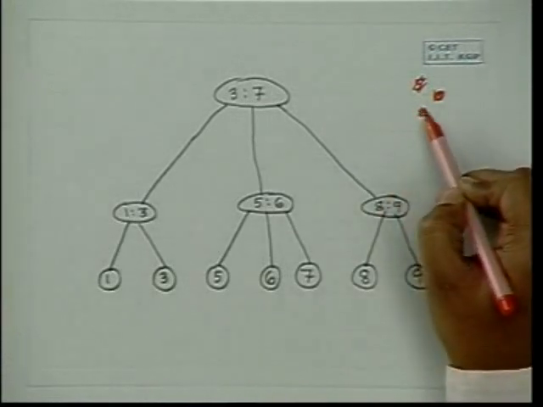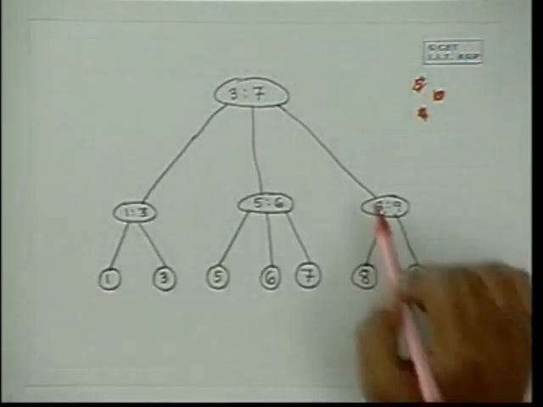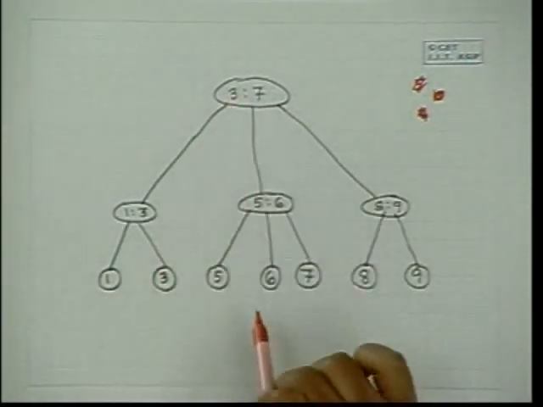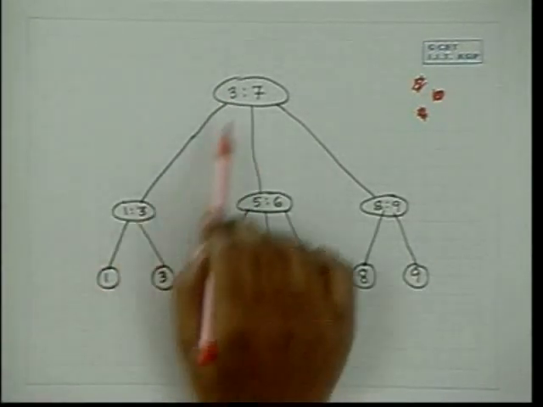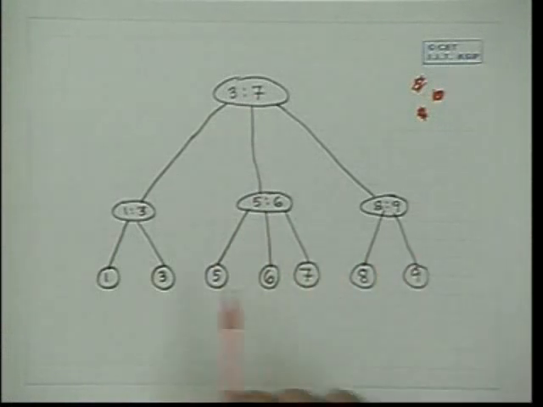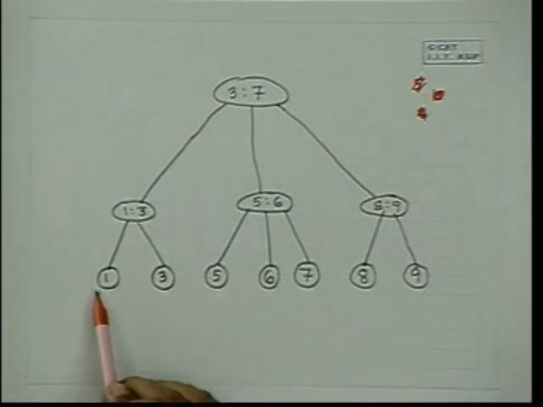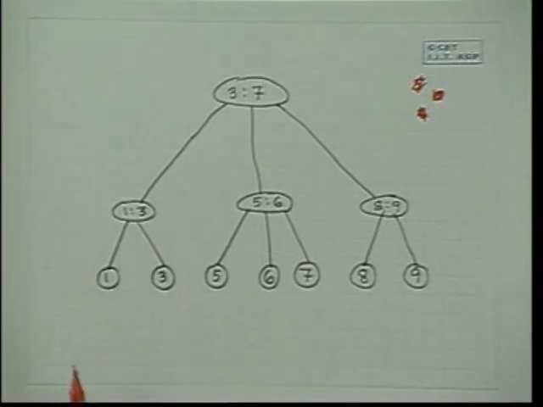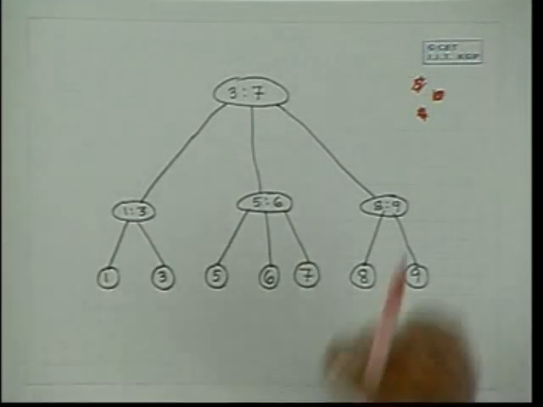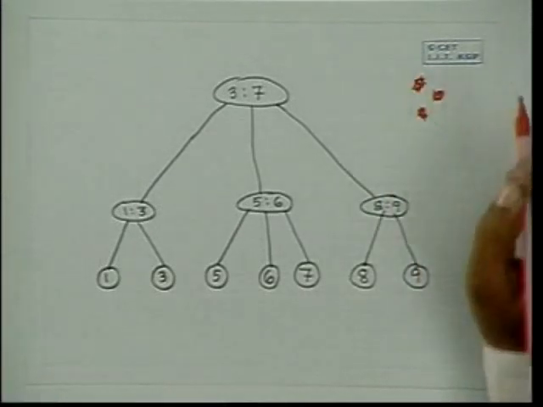So the find operation will take the height of the tree, which is log of the number of nodes. Because in this tree, the height of all nodes will be of log n, either to the base 2 or base 3, so it is of order log n. The maximum and the minimum, obviously you move right, or left, and you can get it, there is no problem. The interesting part comes in insertion.